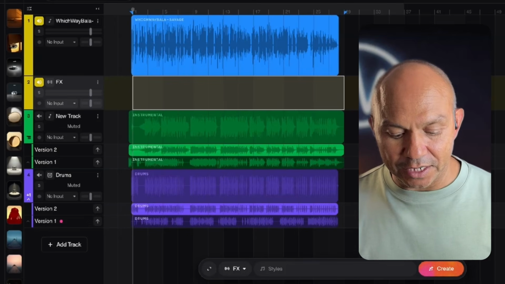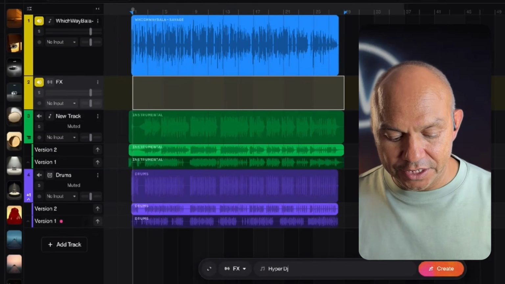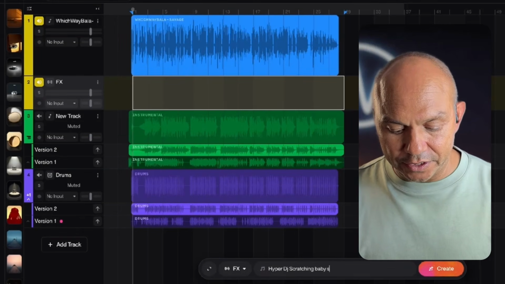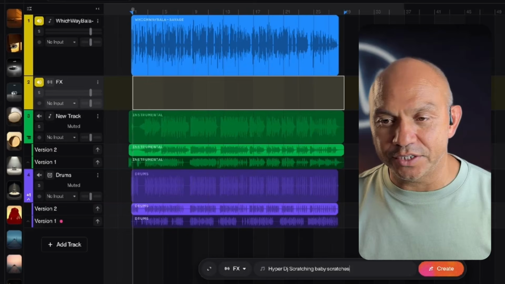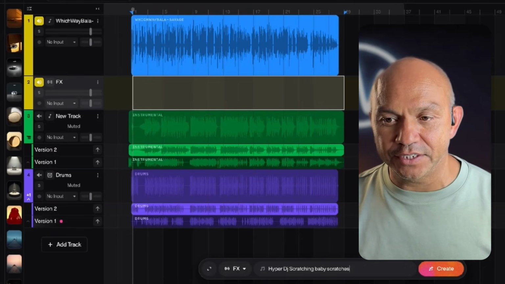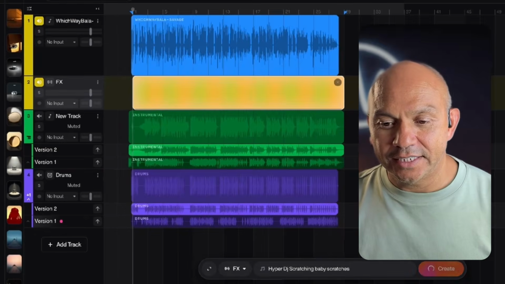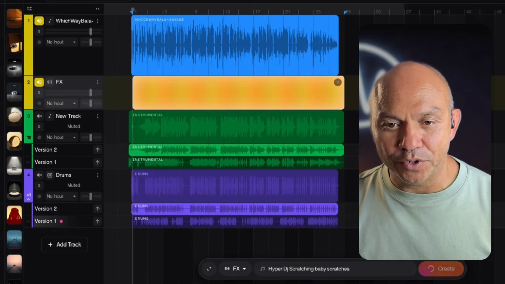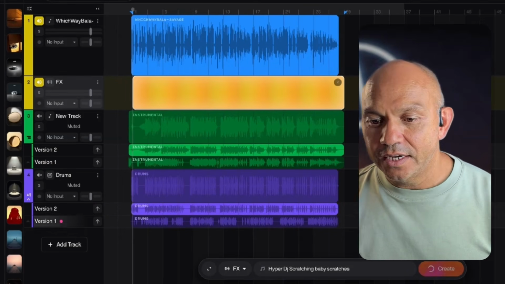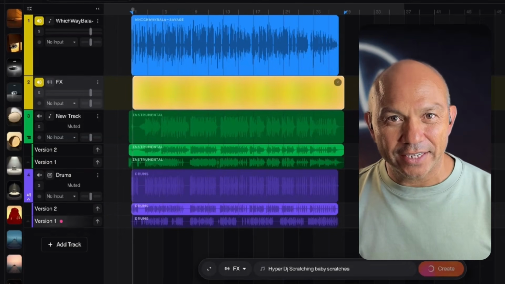So I can go and type in Piper DJ scratching baby scratches. And you've got to select the portion of the track that you want to add this effects into. So now we've got that. Let's go and click create and see what Suno comes up with in regards to adding an effects track to